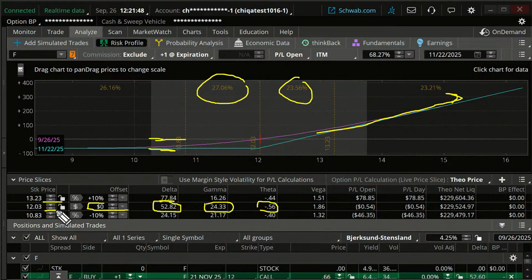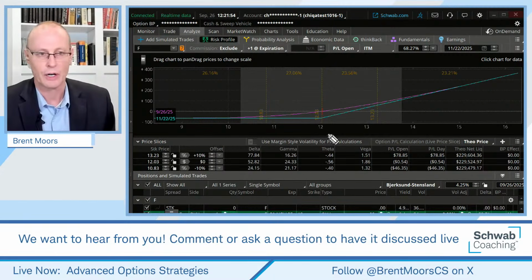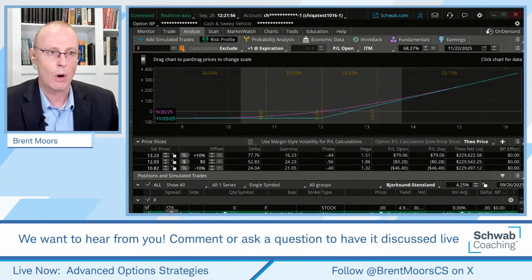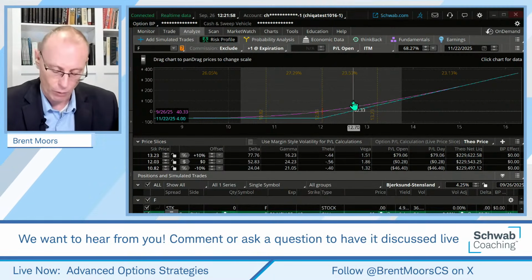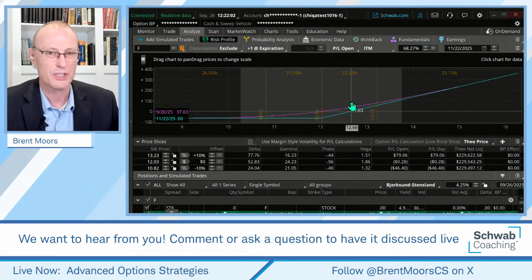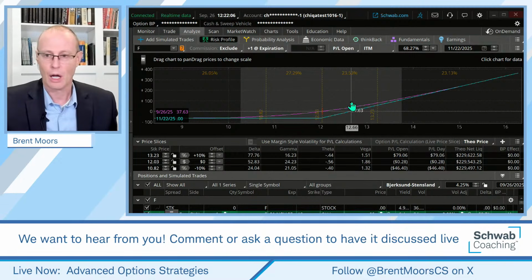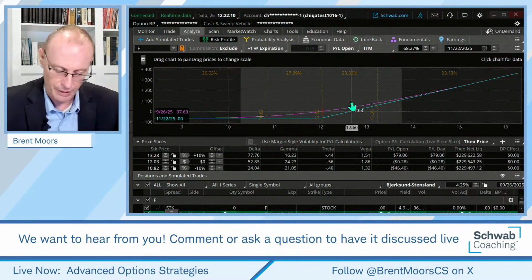Okay. Now, Harry said, can I show an iron condor or a butterfly? Yes, I can. I'm going to. I just wanted to start off with this basic one to start here. Okay. So there we go. Any questions on this before I move on to some multi-leg examples here? I just wanted to start basic for the basic components of this, but we'll still be looking at this.